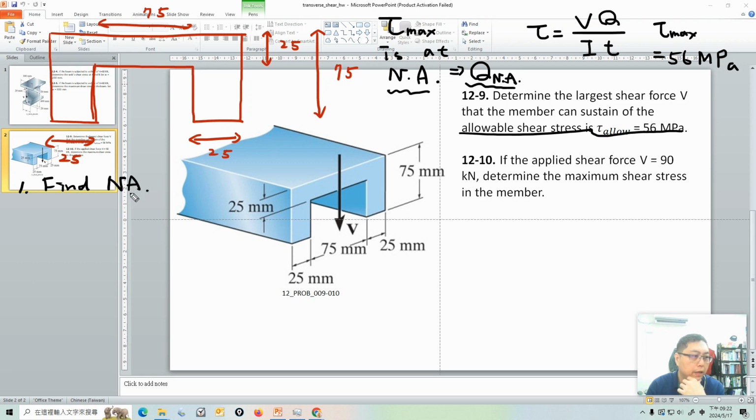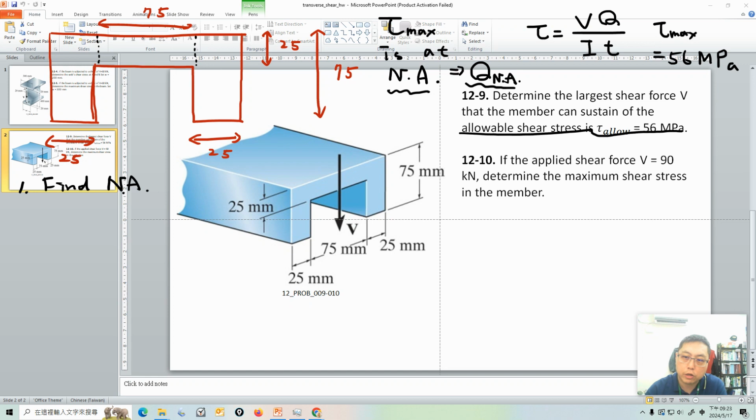Okay. This cross section area is not symmetric, so it's not that easy to identify the neutral axis. You need to compute it by yourself. This is a complicated shape, so first of all, we divide the shape into simpler shapes. I divide it like this. When you divide your complicated shape into simpler shapes, the next thing is to identify